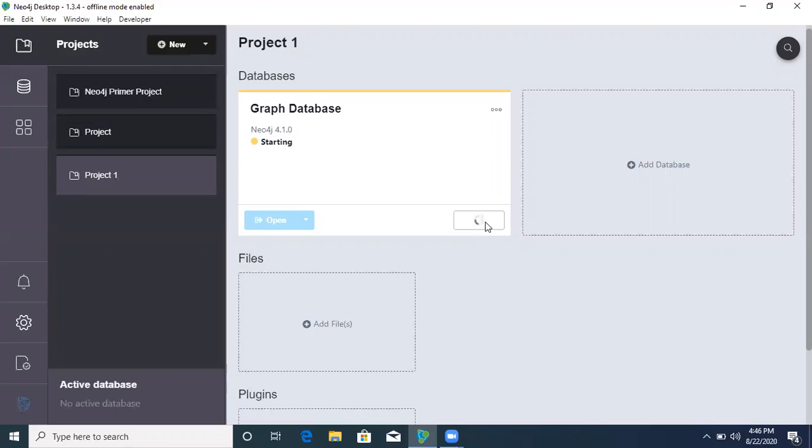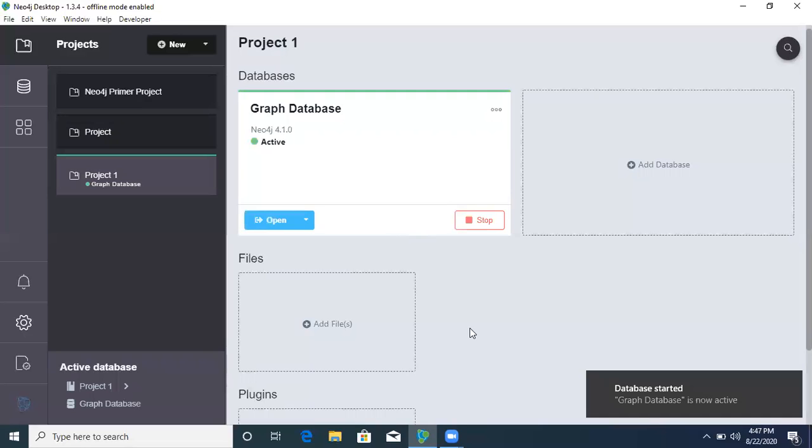Currently I am working in offline mode because I have enabled that. Okay, now your database is active.